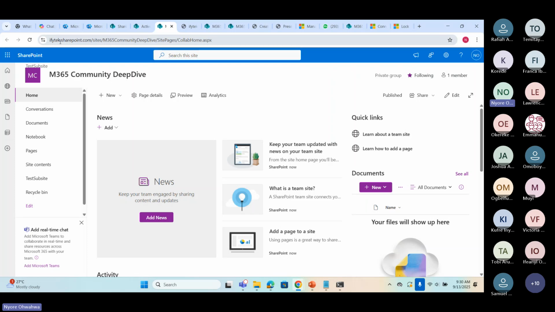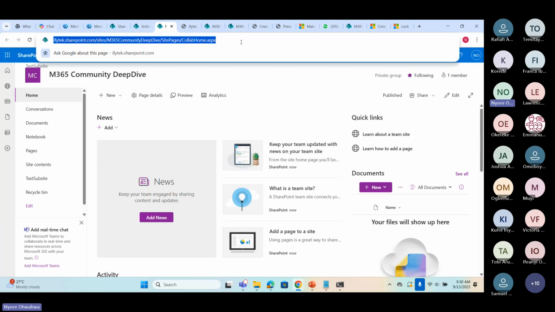Some years ago, this was not possible. Whatever you created your SharePoint with, that is how it was going to be forever. So customers complained that that's not right. People change organization names all the time, and you're saying that I cannot change my organization name. And then Microsoft had to build a feature to allow you to change your organization name.